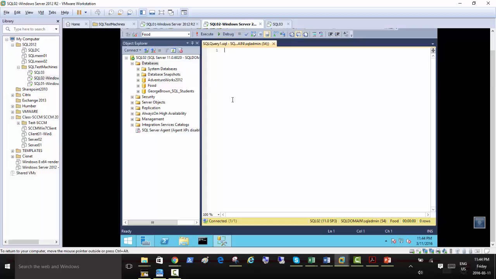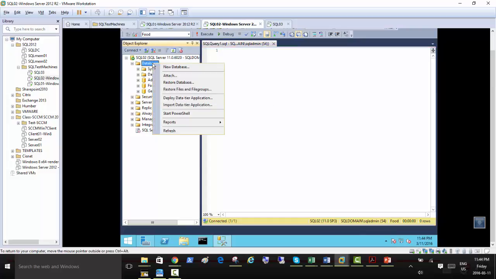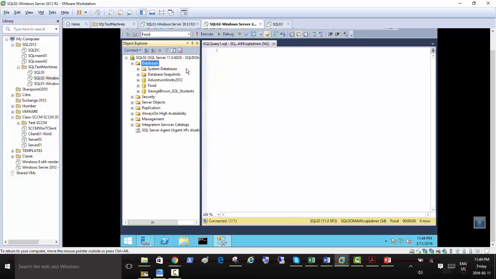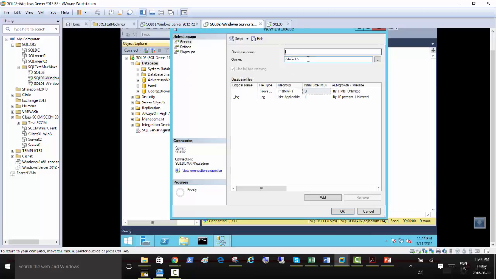So I'm in my SQL Server, and there's the database. Right click the database, whichever instance you have loaded, go to the top and choose a new database, and name it GB-SQL DB.